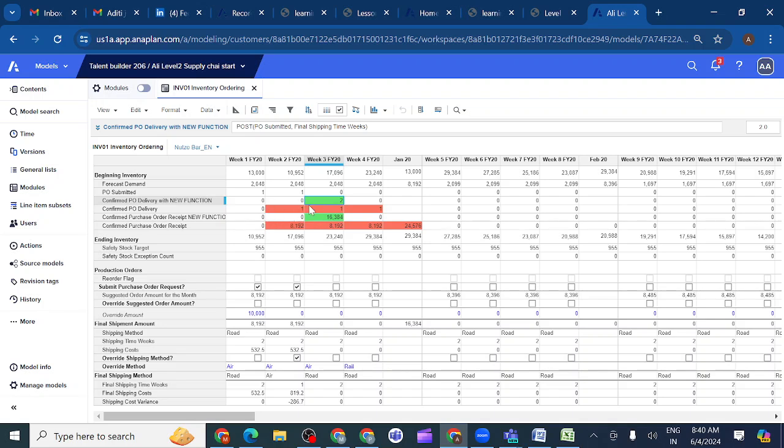So we are pulling two time period values, and you are adding them here. In the offset function, we just don't add anything. Whatever we have, each and every time it checks the values from the earlier time period and provides them. You can see here why you are getting 8192: already you can see final shipping time weeks 1. So 1 week it goes, and the final shipping PO submitted is there, like it will go here. So what is the final shipment amount we have minus final shipment amount, what we have 8192 minus